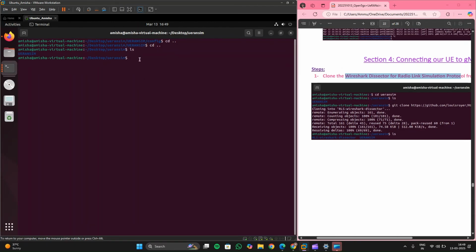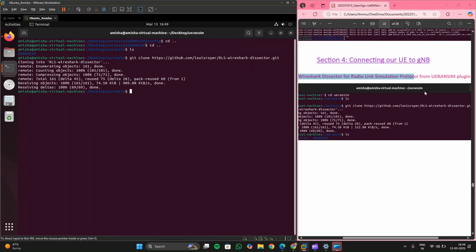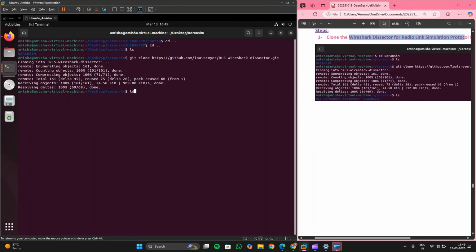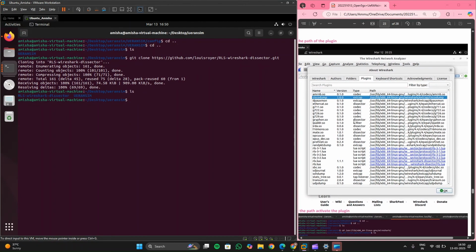So I'll just use git clone https://github.com/louisroyer/rls-wireshark-dissector.git. Okay, so now we can see it is cloned, and just to confirm, we'll check. Yes, it is there. Then you can skip this part because mostly it is the same, but you can check